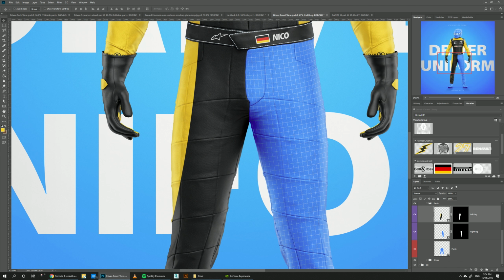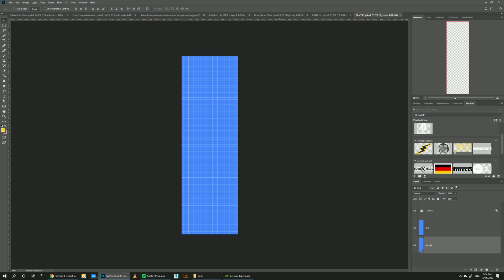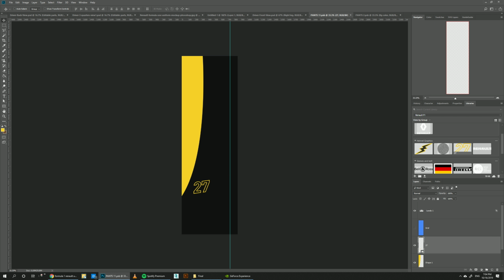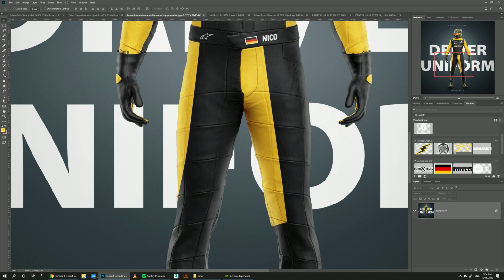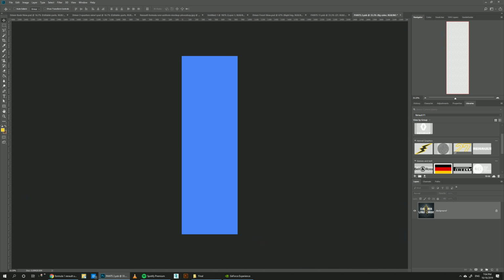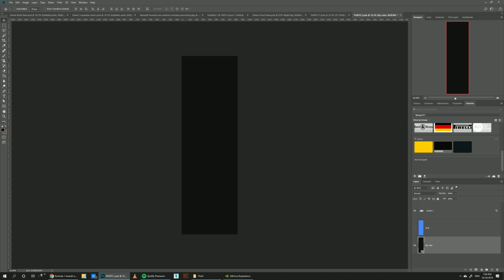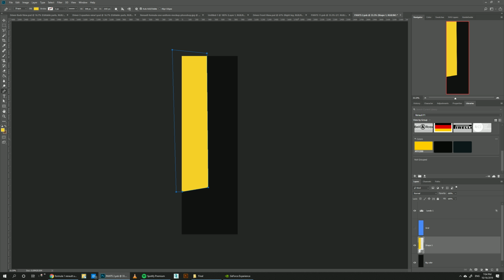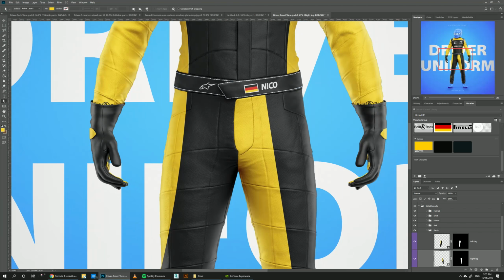Now for the other leg, we can do the same thing. If I look here, we have this shape going from here, but it doesn't have a curve, it just kinda ends with a sharp angle here, so we can just pick the black color here, and let's try doing something like this, end it like that, and make it yellow. Let's save it. Looks good. Moving on to the shoes,